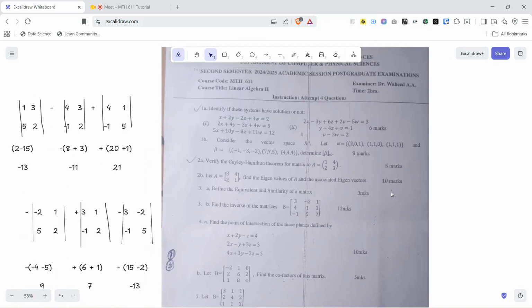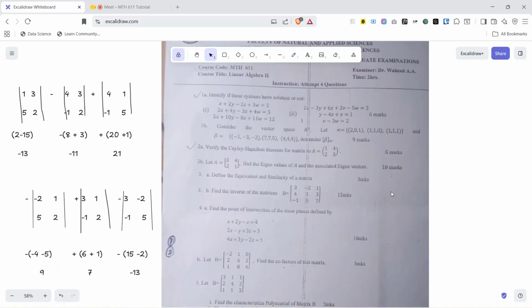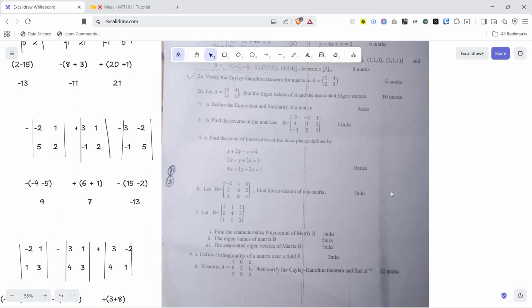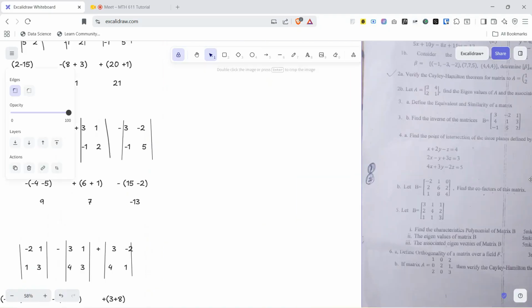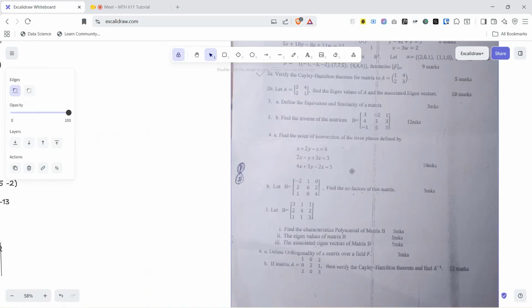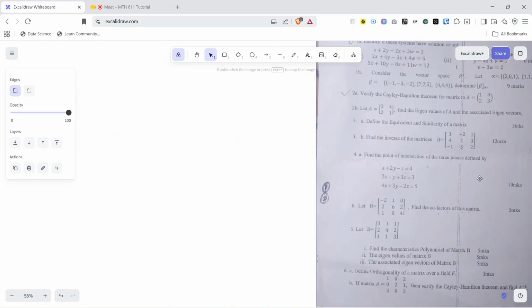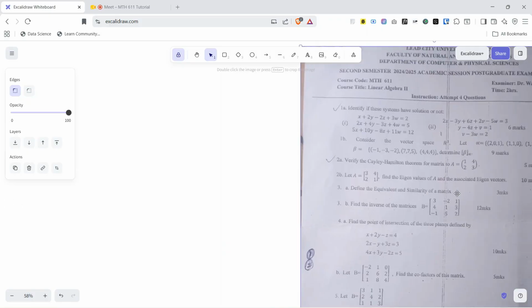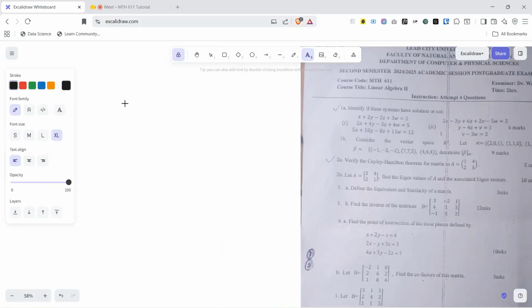Did questions 1 to 3. So we're going to continue from there. We're going to do 4, 5, and 6. Hopefully, we'll be able to complete 4, 5, and 6. So for 4, we are told to find the point of intersection for